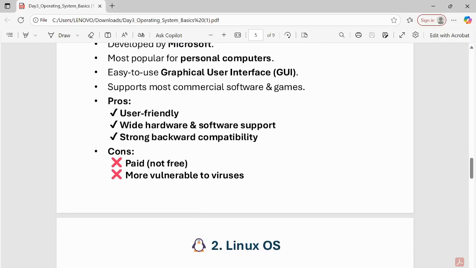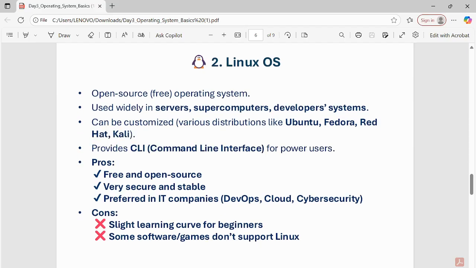Let's discuss the second one, the Linux operating system. It's an open source operating system. It's free, and used widely in servers, supercomputers, and developer systems, and can be customized, with various distributions like Ubuntu,